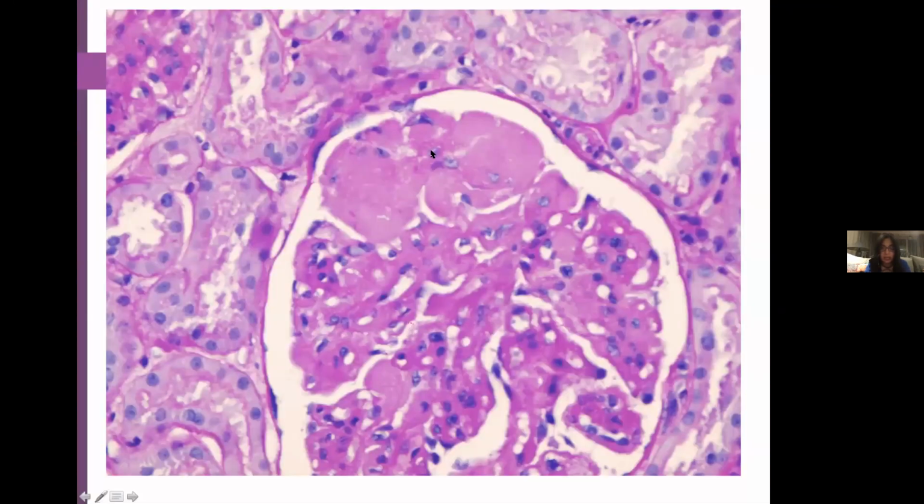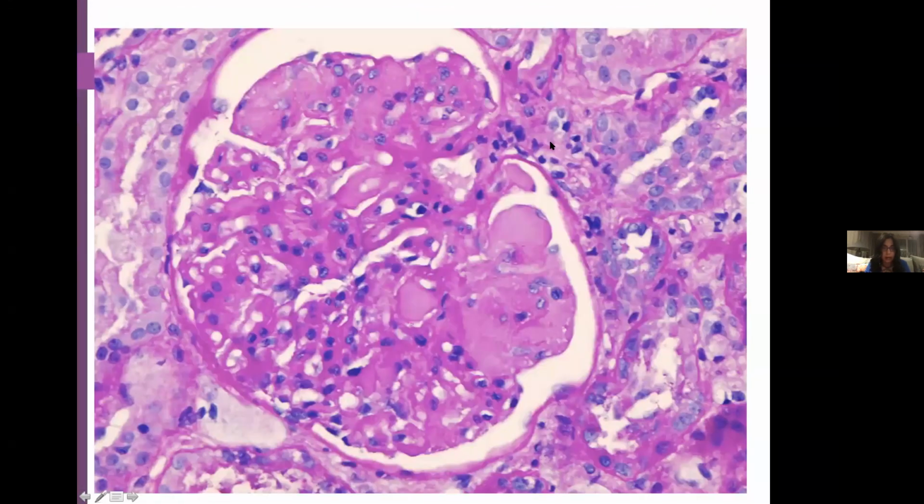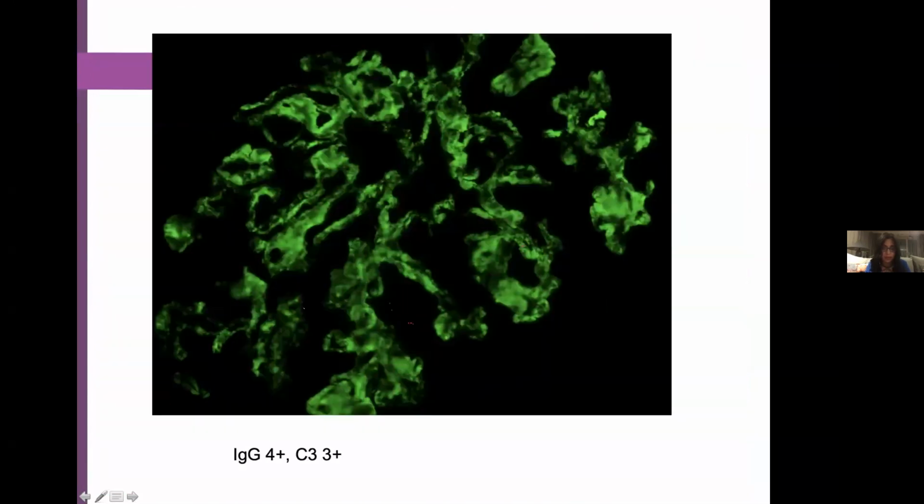Again, you see the extent of the hyaline thrombi and the mesangial matrix increase. Here it started to look more like a fibrillary GN rather than cryos, because it actually had absolutely no proliferation, no endothelial insult, nothing, just these plain thrombi. Again, very large, these hyaline pink thrombi, probably cryos, but nothing else.